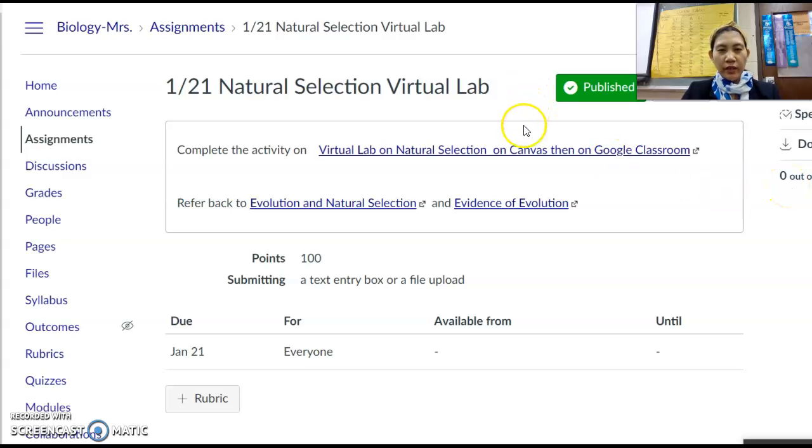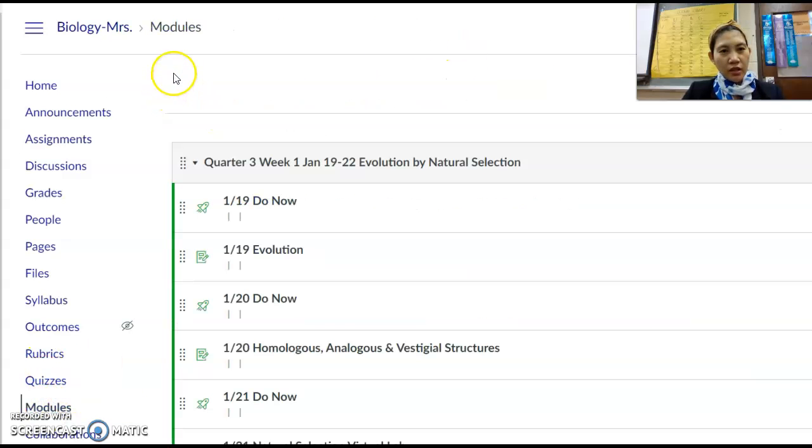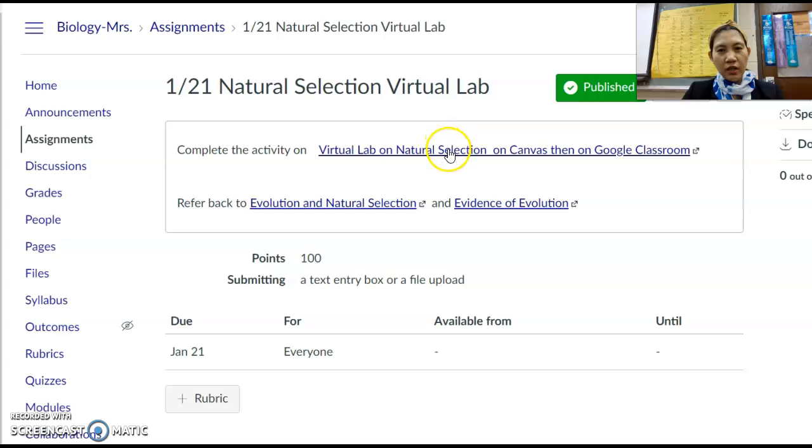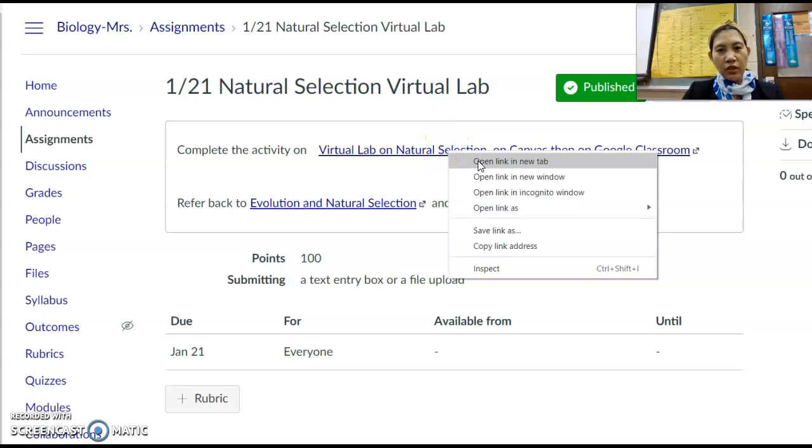Good morning, everyone, and I would like to tell you about how to do your natural selection virtual lab. You go to Canvas and go to the module section, and you can see the assignment 1/21 natural selection virtual lab. We started yesterday. Those who are not here, then you can open